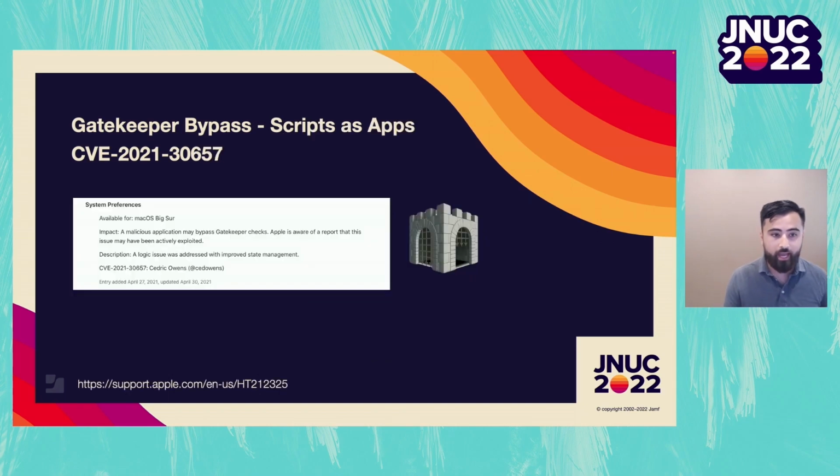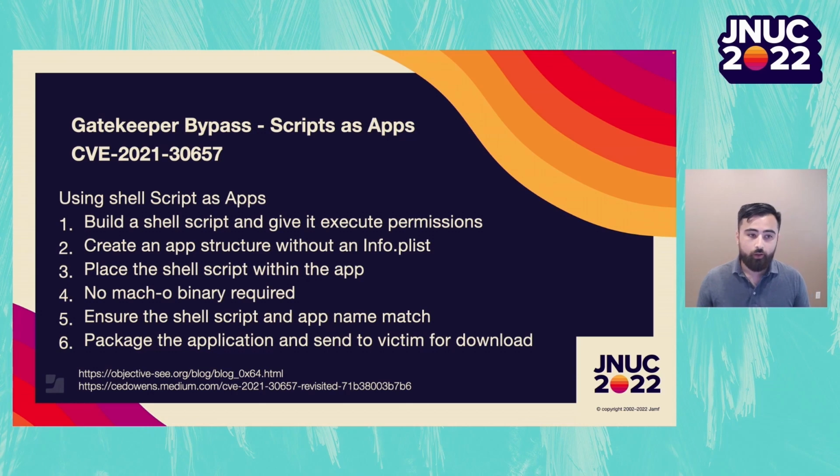The next bypass we'll look at is the one I like to call scripts as apps. This was discovered by Cedric Owens and has been patched in macOS 11.3. Now, this bypass involves shell scripts as applications. You simply build any shell script and give it execute permissions. You'd create an app structure without an Info.plist. This is required for the exploit to work. And you place the shell script within the app. No Mach-O binary is required. And you finally ensure that the shell script and app name match,